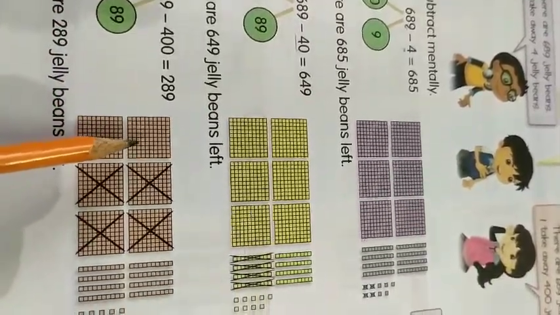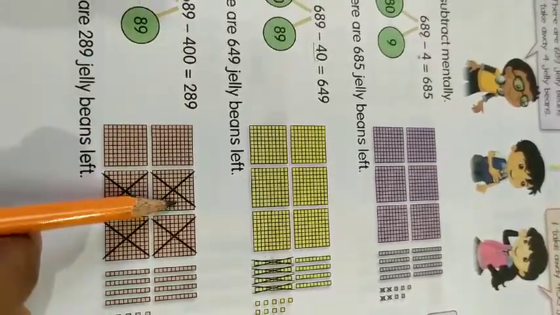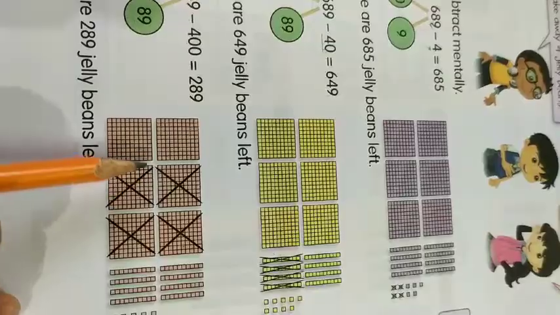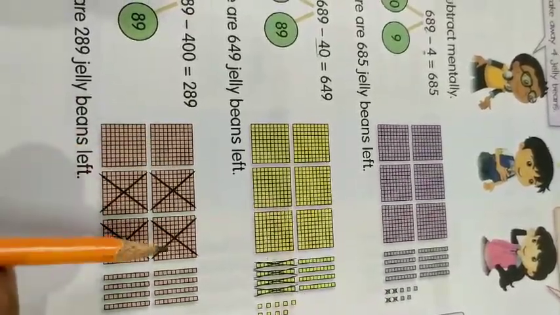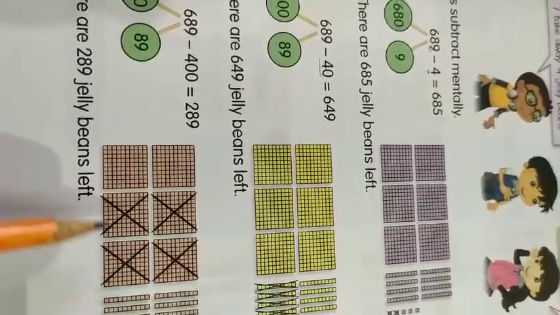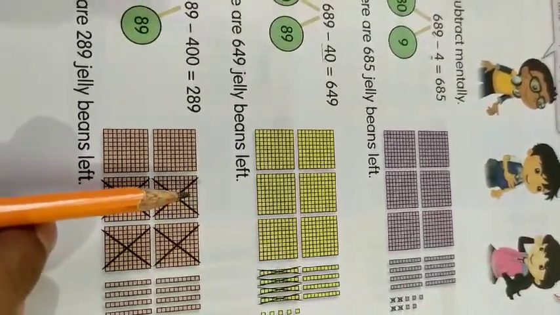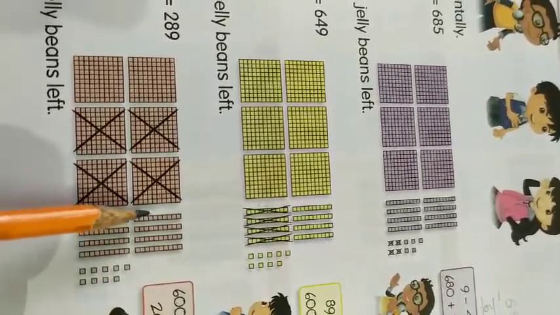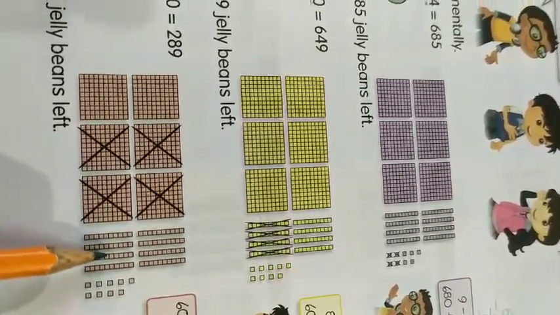So now here you see 1 2 3 4 5 6. So there are 600 bars and you cut them 1 2 3 4. So you get 2. Now you see 1 2 3 4, there are how many? 8.